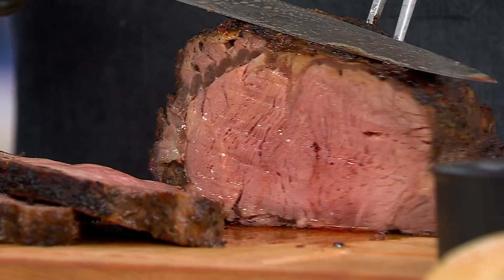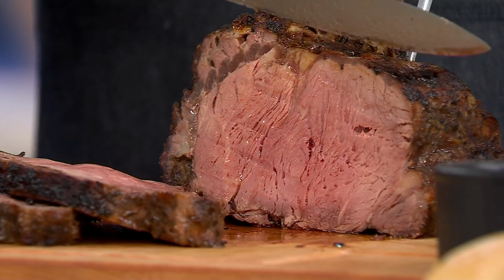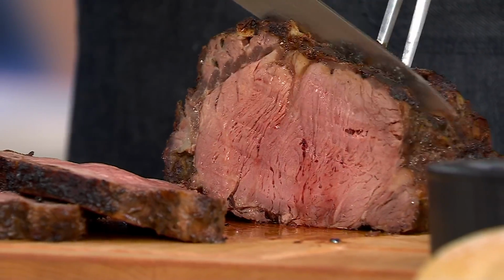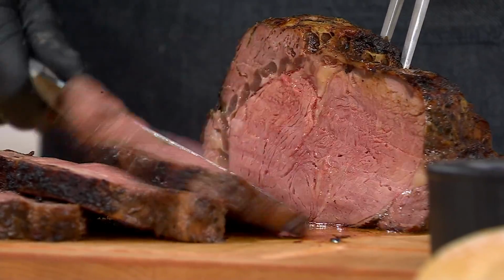Yes. Now this is the 4-pounder, and the 4-pounder again, all the recipe, same exact recipe. The time's a little different. It's only going to take about 2 hours to cook. But I'm going to show you when I slice this 4-pounder down, because again, it is completely trimmed. Look at